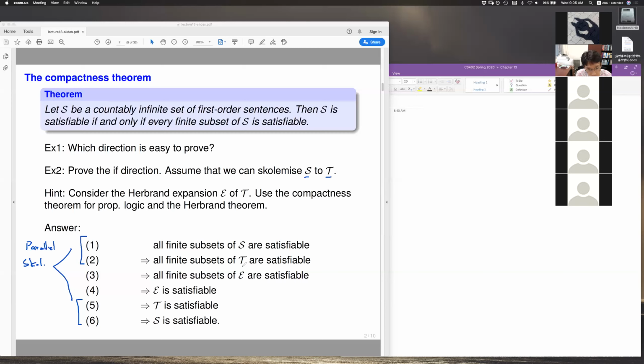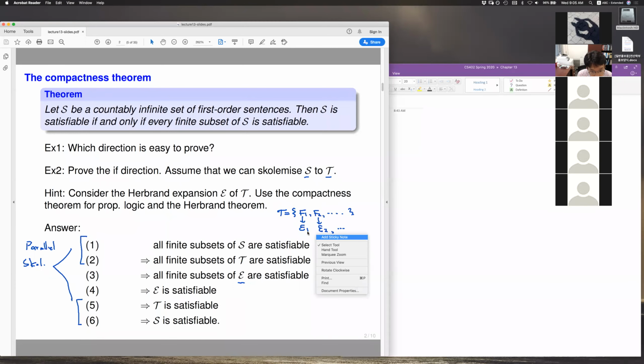For every finite subset of T being satisfiable, E is a Herbrand expansion of every sentence in T. T will contain sentences F1, F2, and so on. We do a Herbrand expansion of F1, which will typically be an infinite set. We do a Herbrand expansion of F2, which will be another infinite set, and so on. Then we will define the Herbrand expansion of the entire T